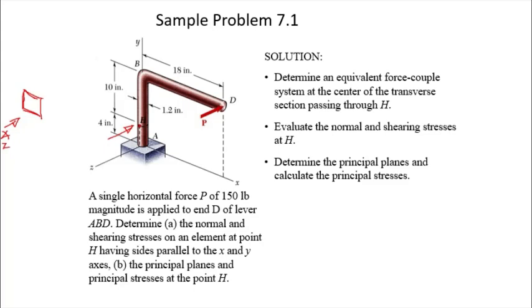First, you find the stress element due to the loadings, and then you find the principal planes and principal stresses. So first, we have to determine the equivalent force couple system at the center of the transverse section passing through H. We take a section passing through point H. Alright, then we have to determine the force and moments acting at that cross section. Then we evaluate the normal and shearing stresses at H, and then from there we can determine the principal stresses and planes. Okay,